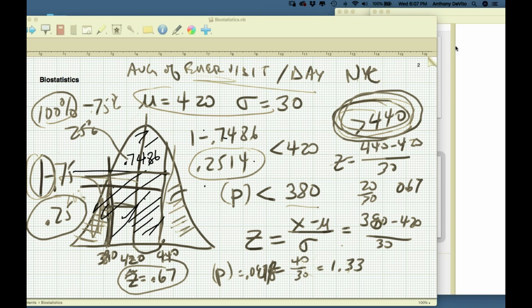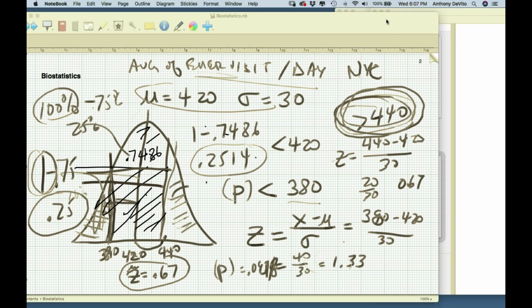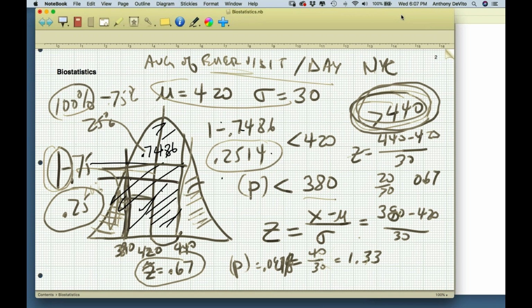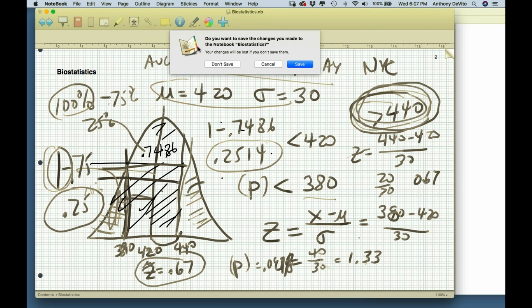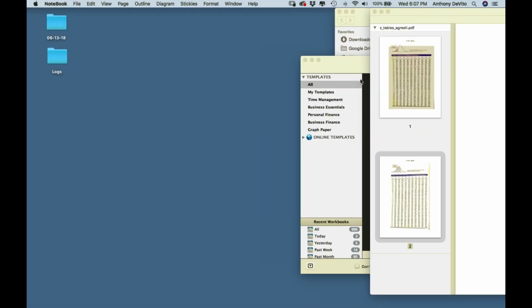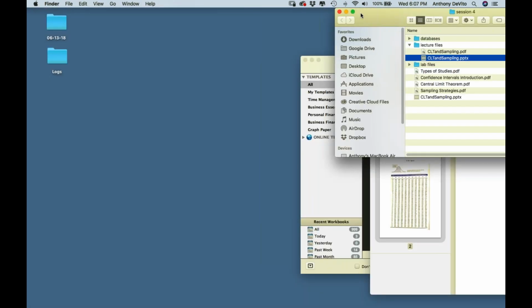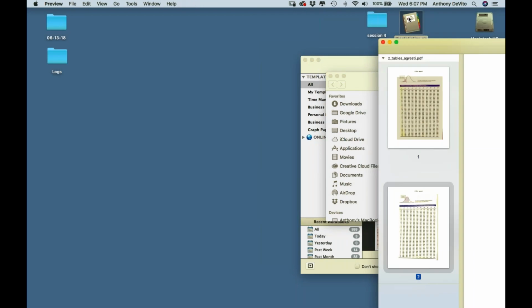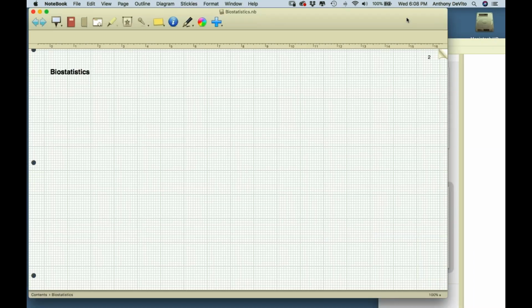So at any rate, I'm going to move forward from there. That's basically the way we would use this. I'm going to do one more thing just to point something out to you. Let me get another clean sheet here. Okay, so this is going to be important to us as we move forward.